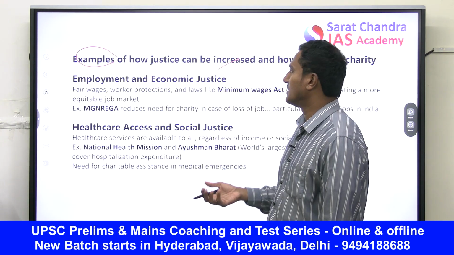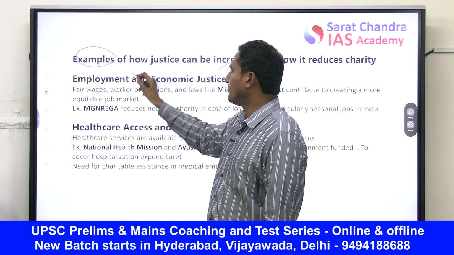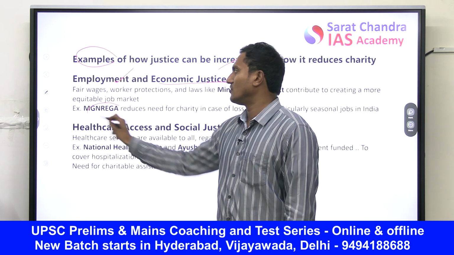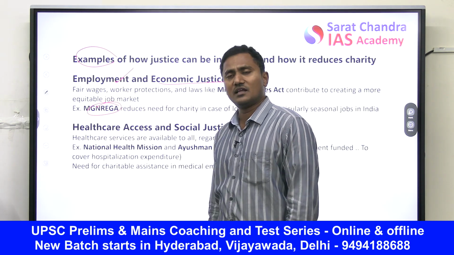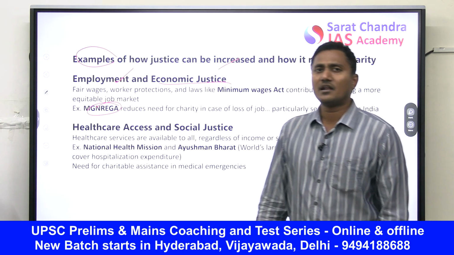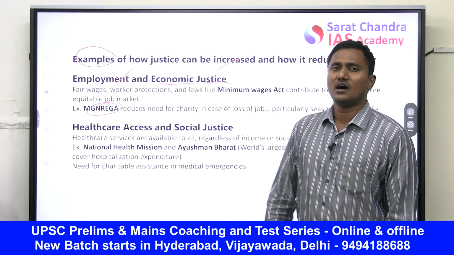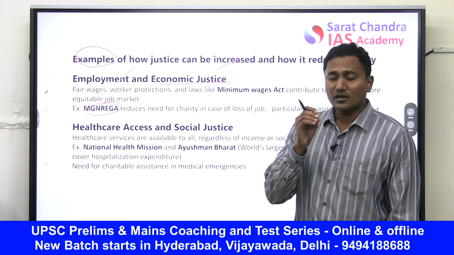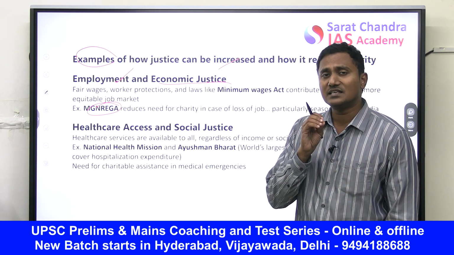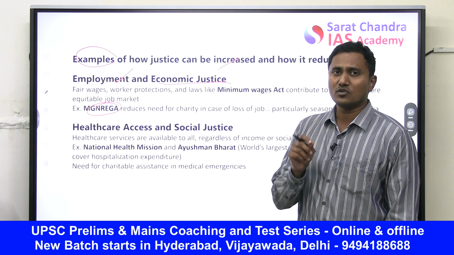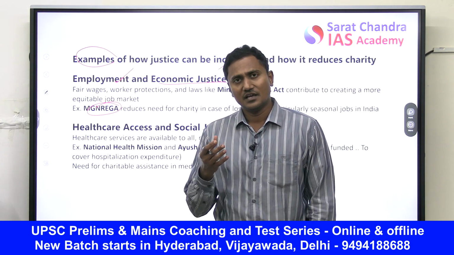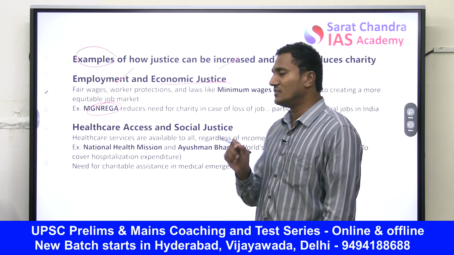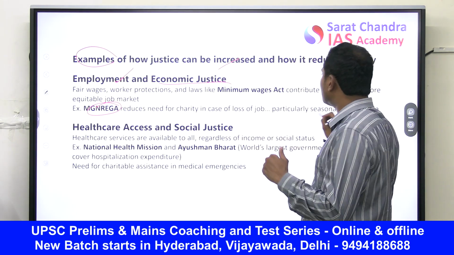Then you can write various examples to substantiate, to justify the given statement. For example, I have taken employment that helps in attaining economic justice. For example, the Government of India is continuing MGNREGA mainly because it's providing 100 days of employment for the unskilled and semi-skilled people, mainly in the rural areas. Particularly in India, it is very important because India has seasonal employment in rural areas, because of which mostly they depend on charity. Because of MGNREGA, they are able to have constant income in a year, because of which the dependency on charity is reducing.